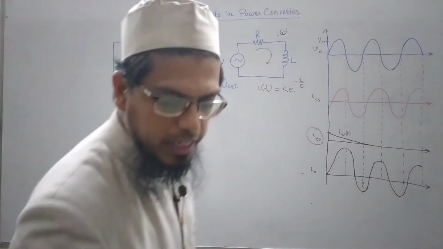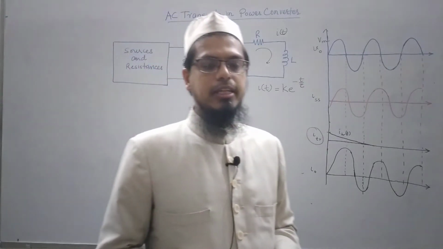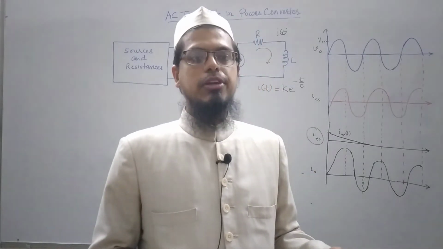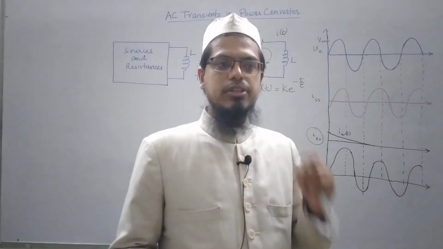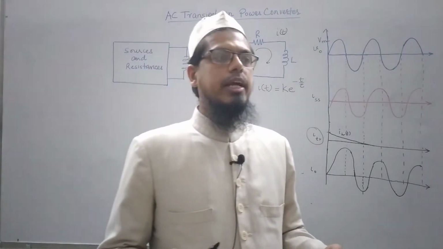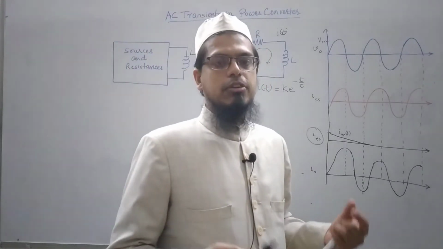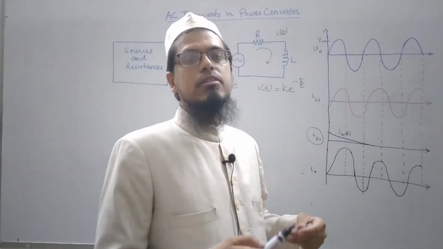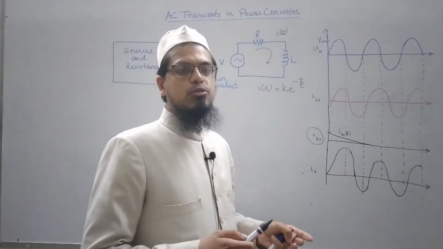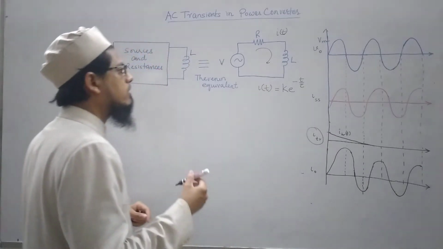Now there are two ways to find out the steady state expression for the current IT. One is by going through the mathematical way of analyzing the circuit, a first order differential equation, by considering some solution for it, and then finding out the unknown parameters that we will put in that circuit. But we will go by a more easier method, which is by converting this circuit into what we call the frequency domain, and trying to find out IT.